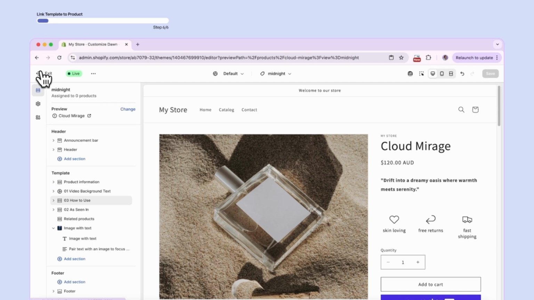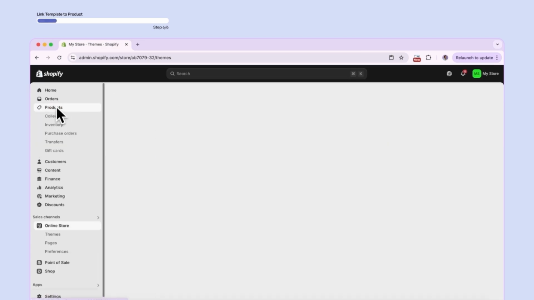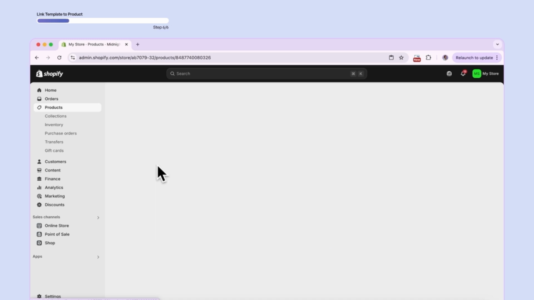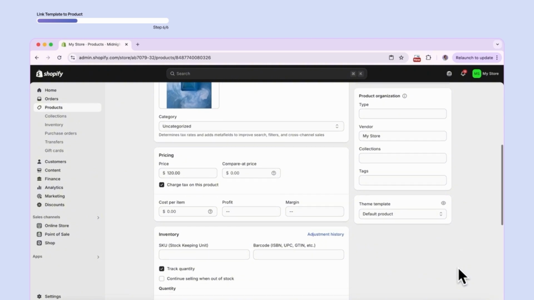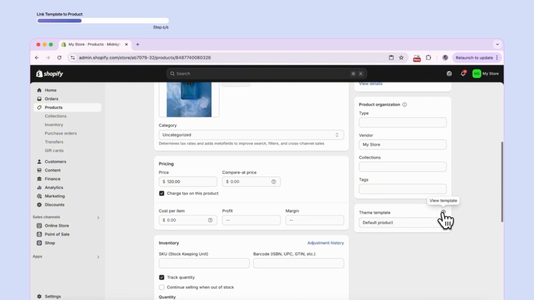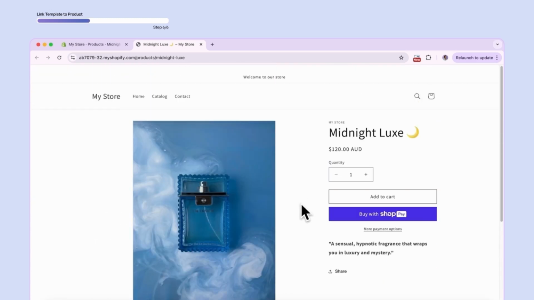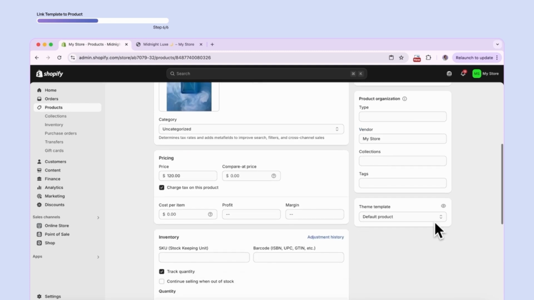So go back to your dashboard, click on products. I want to assign it to this particular product, so I'll click on it. Scroll down to theme template. At the moment, it's set to default. So if you scroll back up and click view, you can see it's just our plain old Dawn theme template. But now, if you scroll back down and select midnight, hit save,